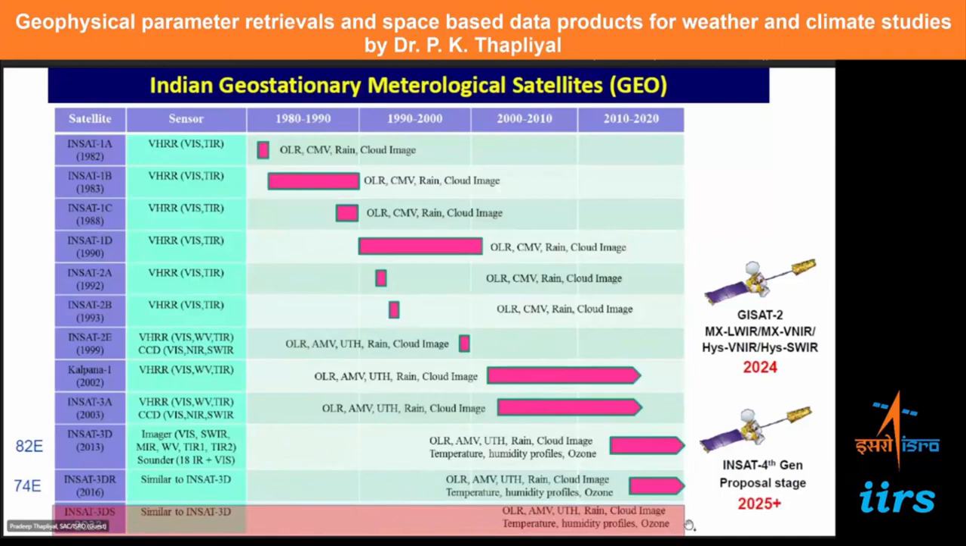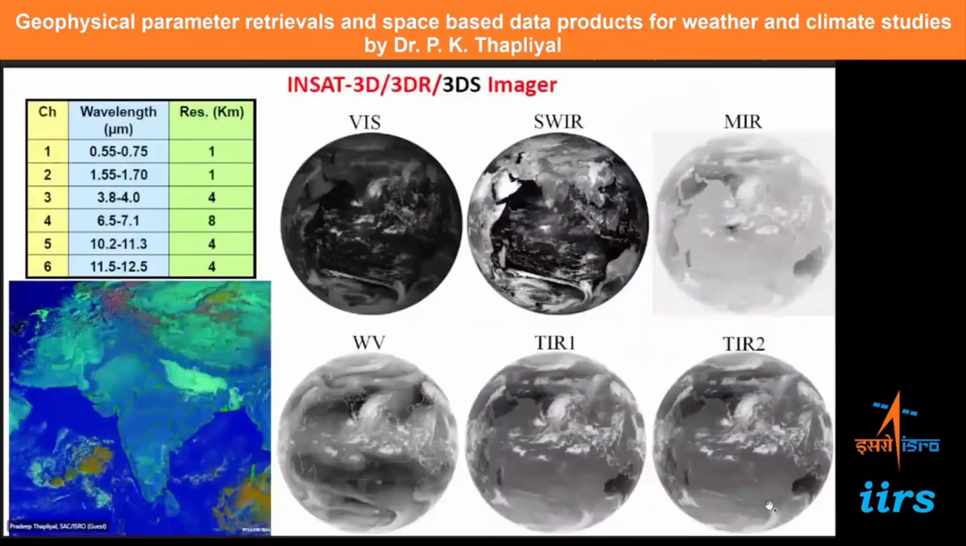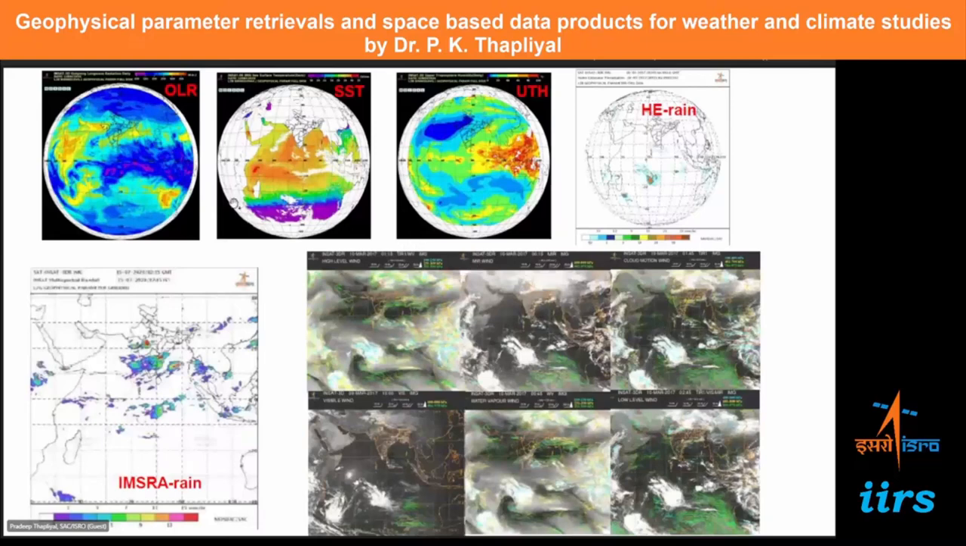And these are the parameters which you can get from the INSAT imager and sounder. And in future, we will be having GISAT-2, with very high spatial resolution, and then the fourth generation, which will be the advanced imager and advanced sounder concept here. From INSAT-3D, we are making observations in visible, SWIR, MIR, water vapor, and split window infrared bands. And the parameters we are getting here are OLR, sea surface temperature, upper tropospheric humidity,